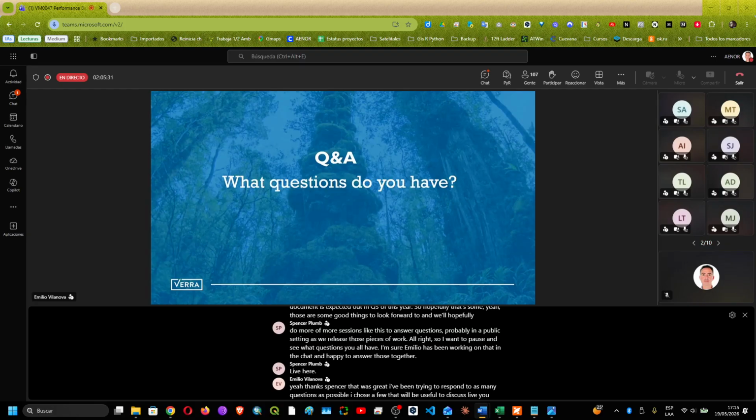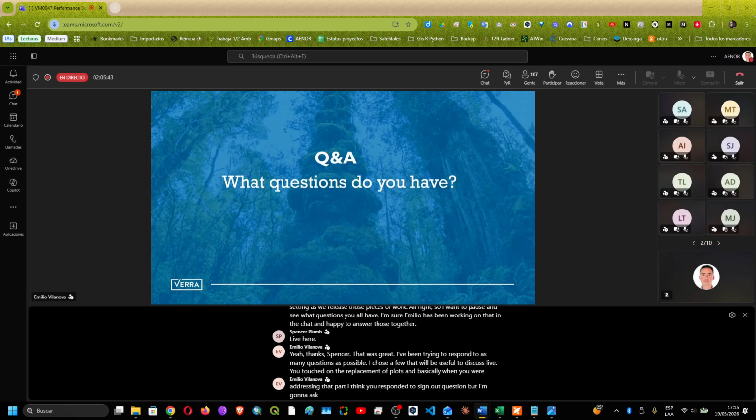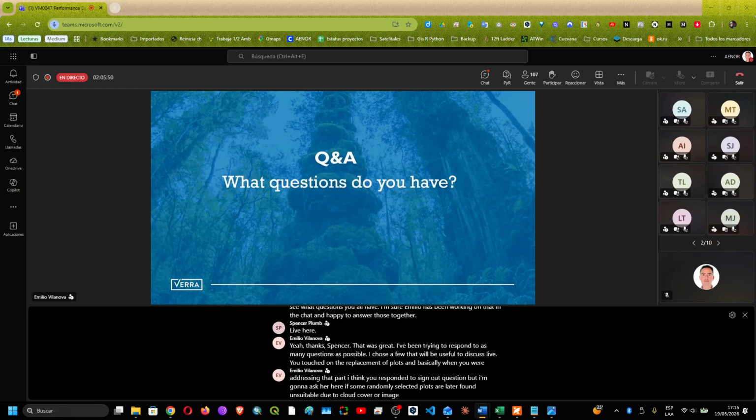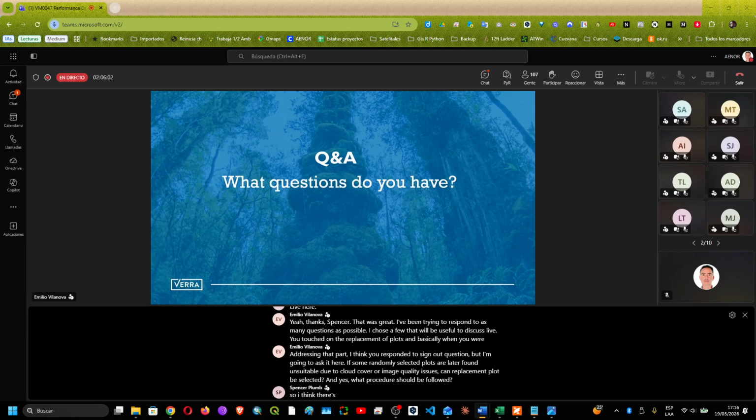You touch on the replacement of plots, and when you were addressing that part, I think you responded to a sign-up question, but I'm going to ask it here. If some randomly selected plots are later found unsuitable due to cloud cover or image quality issues, can replacement plots be selected? And if yes, what procedures should be followed? So I think there are two distinctions to make here. One would be